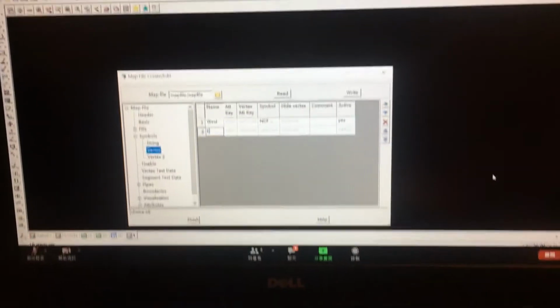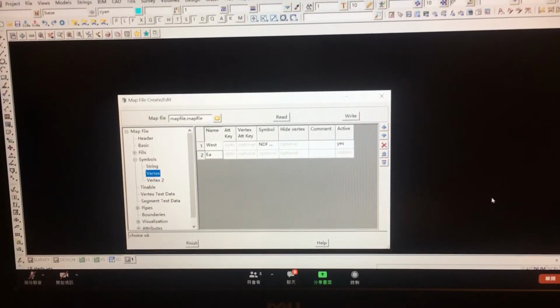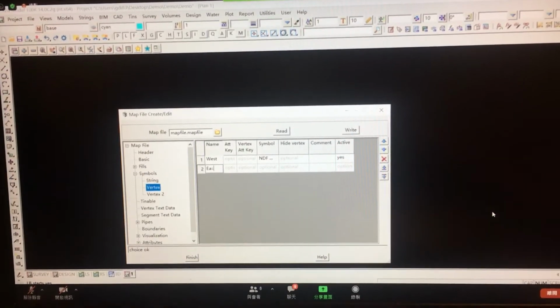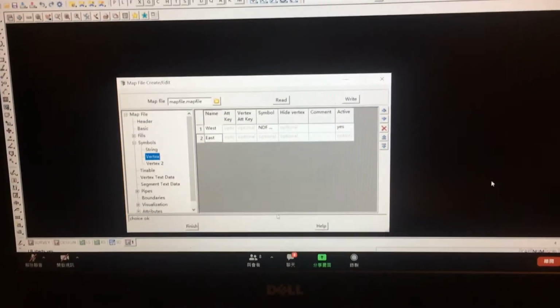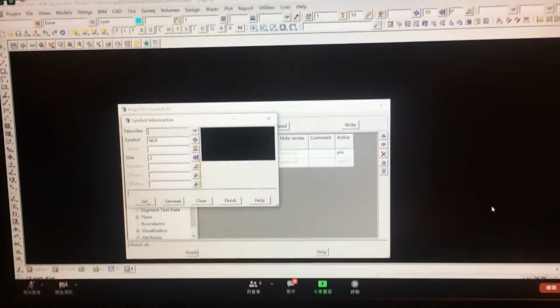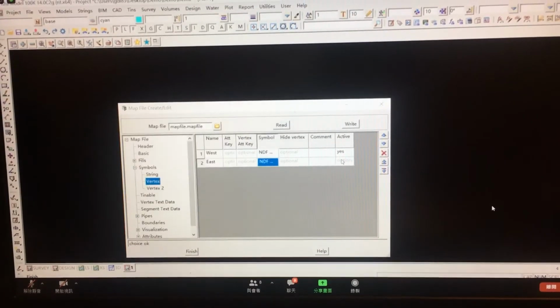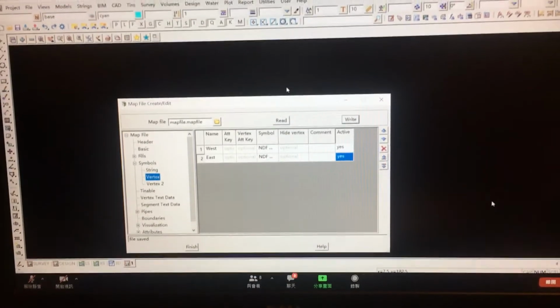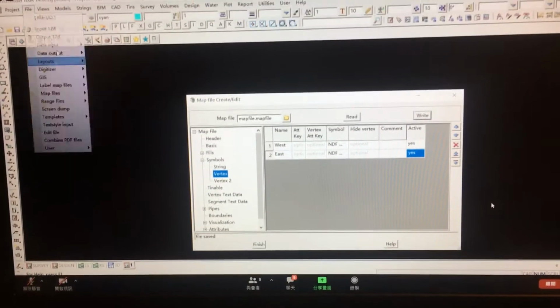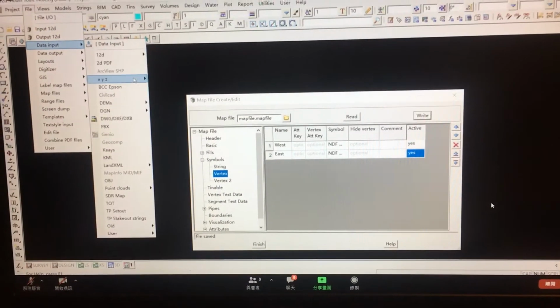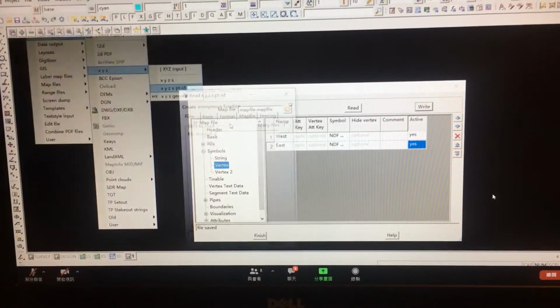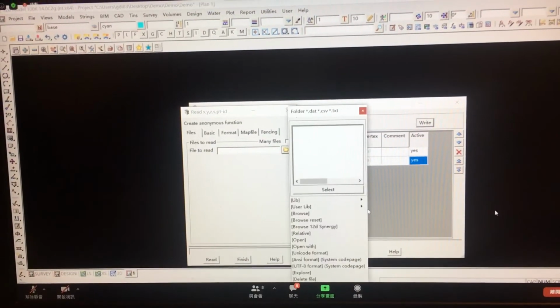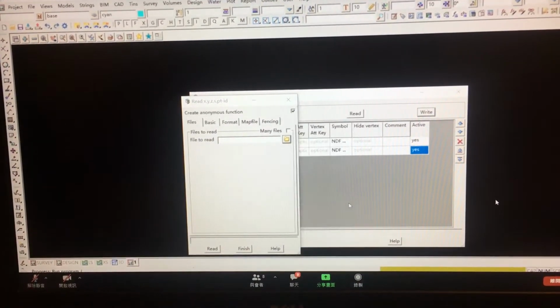Yes, east, and edit. Yes, set finish. Make it yes, right, and we start the import file, import to XYZ here, browse